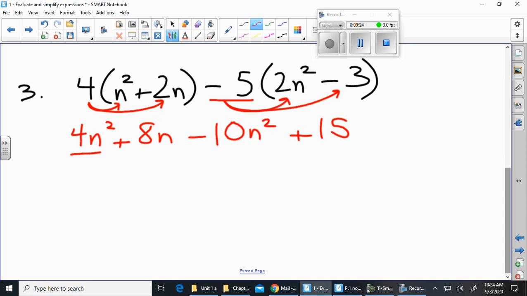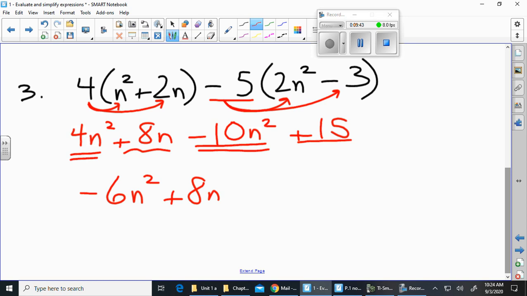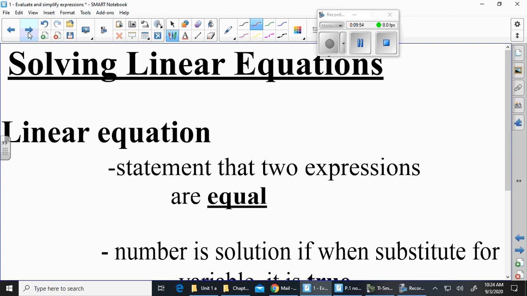Put together like terms. 4 minus 10 is -6n squared. 8n, I have nothing to go with it, so 8n. 15, I have nothing to go with it, so 15. That's my simplified expression. So last thing, which actually people are probably the best at,